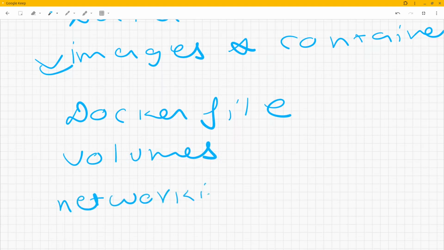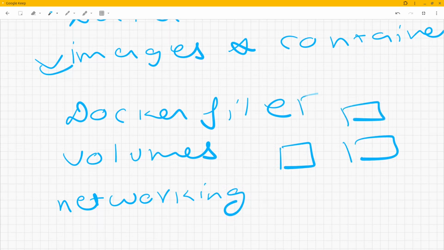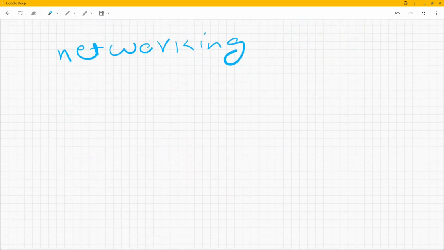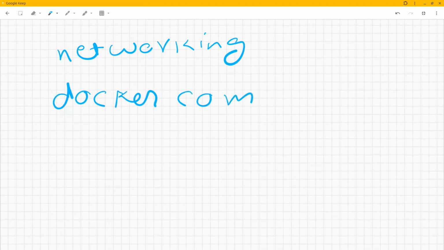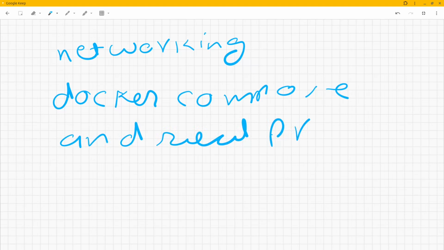And then we have Docker Compose, which we will see, what it is and how you can use it. And at the end, we will see real world projects. How Docker is used in real world projects. What are the different technologies and alternatives we have? So we will see each and everything in detail, and that would help us see this technology and how we can utilize it.